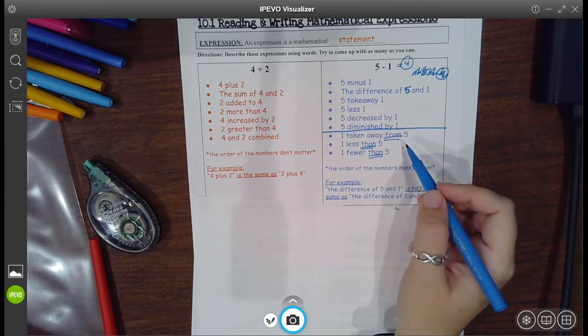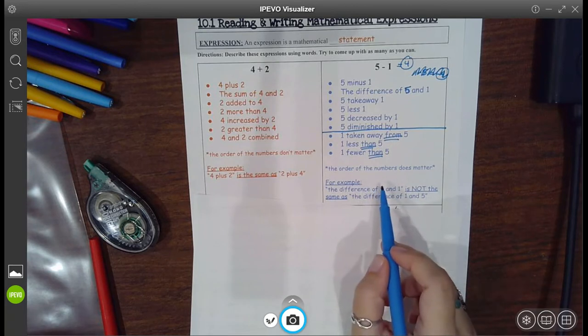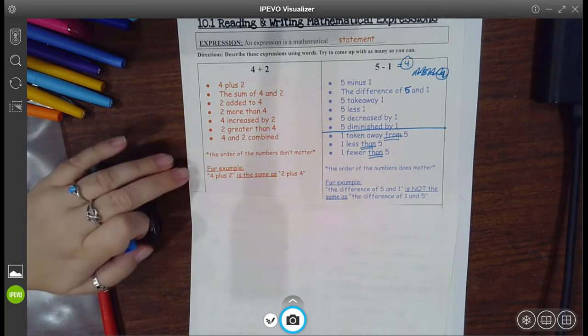So it'd be 5 minus 1. Okay, so just an important note to take note of: the order of the numbers definitely matters when you're dealing with subtraction. Now, does it matter for